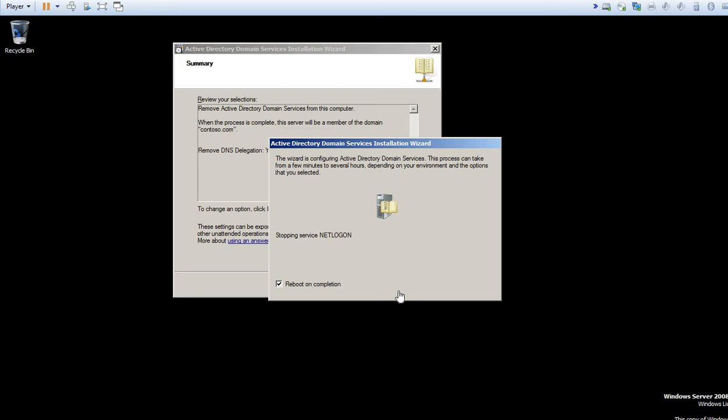As you know, if the domain controller went down for some hardware reason, and we are unable to bring that server up,